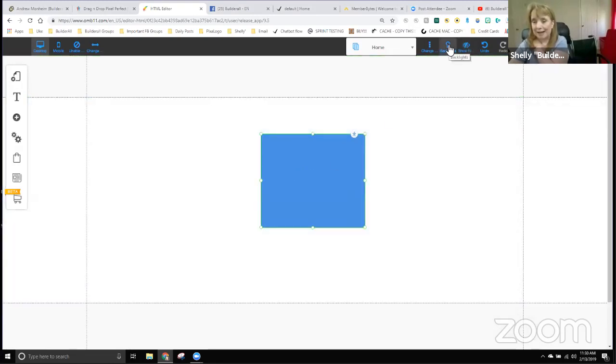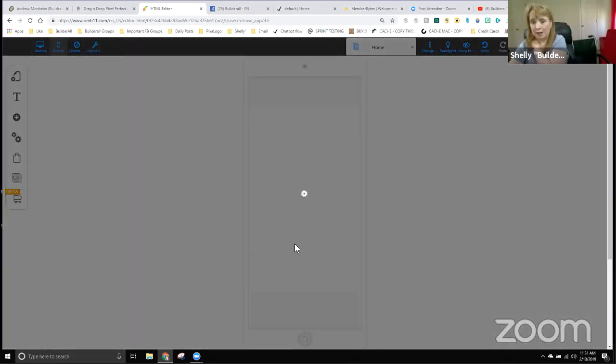The next thing is the backlight. This is actually a really cool feature that a lot of people don't know about. And what it allows you to do is change the color of the background when you're working on a website to be able to see the actual live platform better. And it doesn't really help you with the desktop version, but on the mobile,